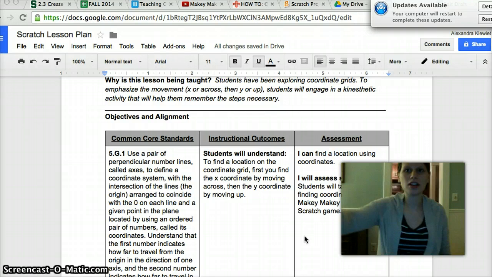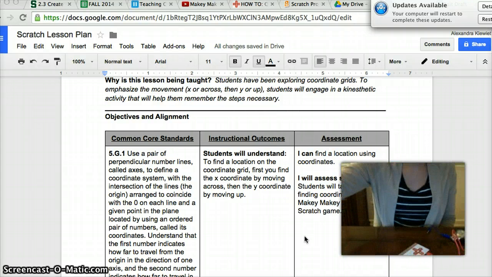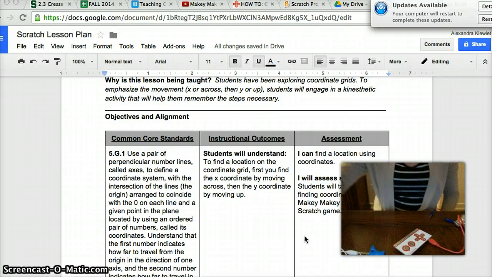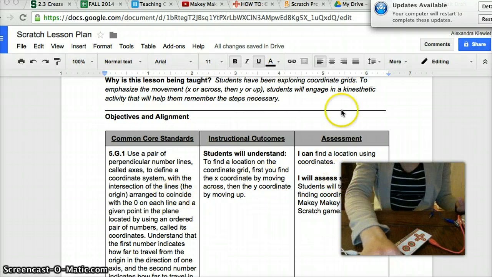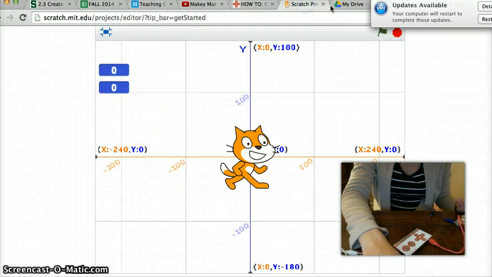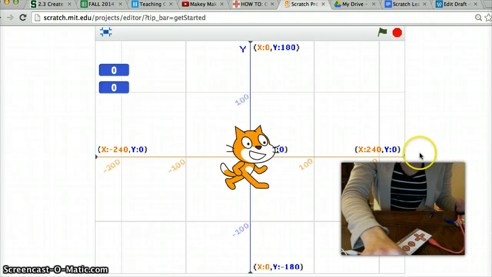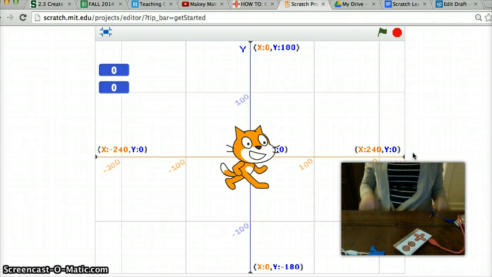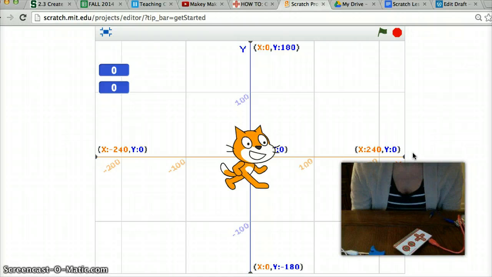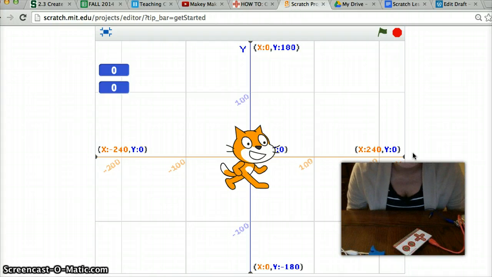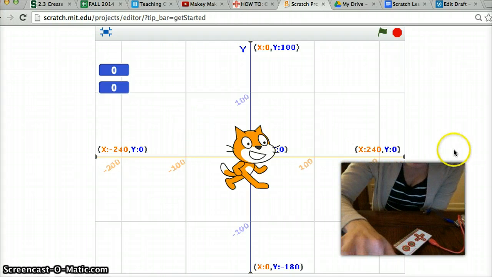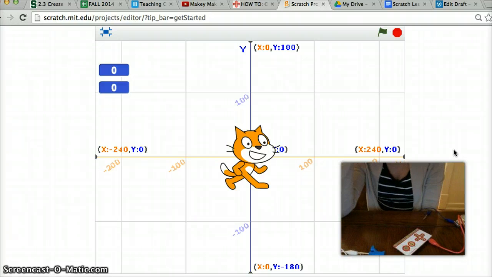So let's get started, and I will show you a little bit about my Makey Makey kit and how it's used. First of all, the website that goes along with it is scratch.mit.edu, which is a programming website that has a ton of different games you can use and program. I found this one though because it actually deals with the X and Y axis. You get to have this cute little kitty cat or any other character that you want to move across the